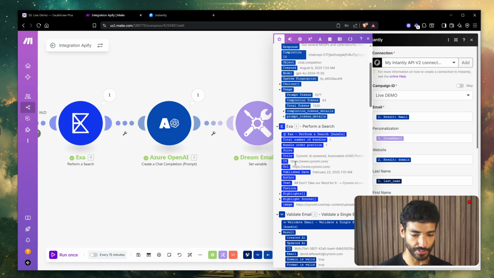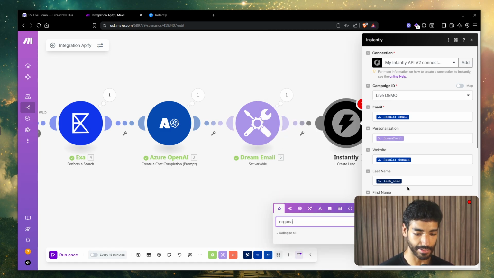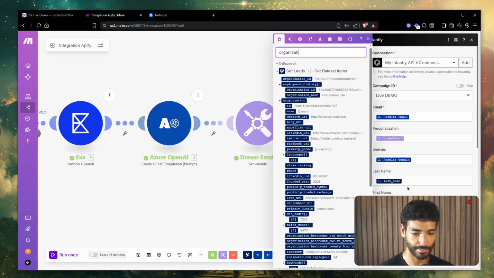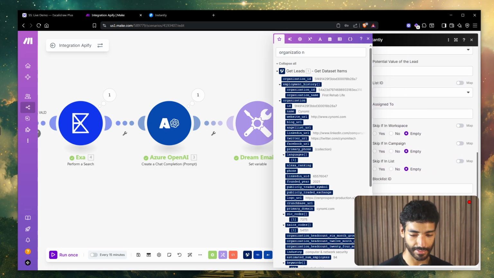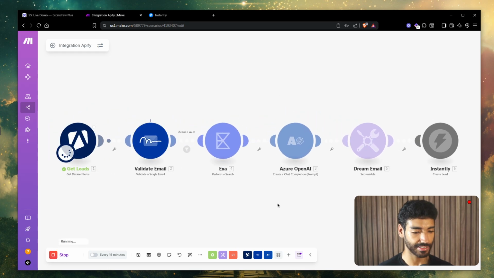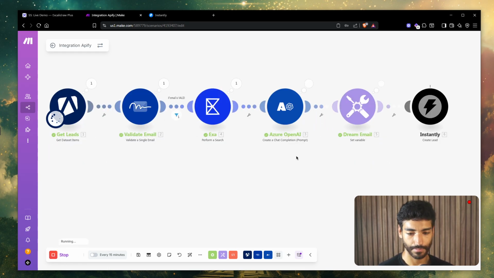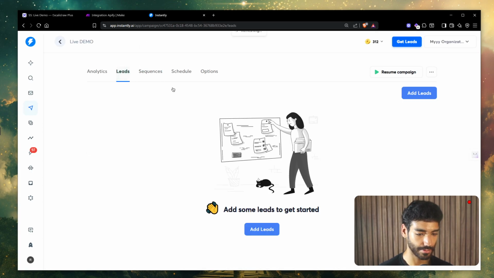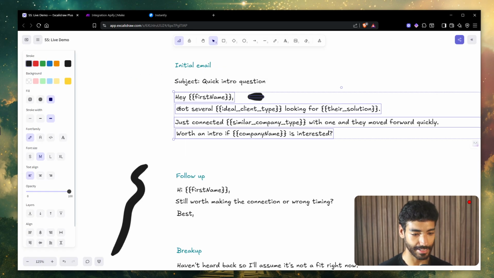Or maybe we can just use the organization name. Yes. Organization name, which is organization name. Okay. Lead status, we're not going to care about it. Okay, sweet. So let me check this by running a test. Okay, that was successful. Now if I go to leads, I have the lead. Okay, sweet. So subject line, like I said, is going to be,